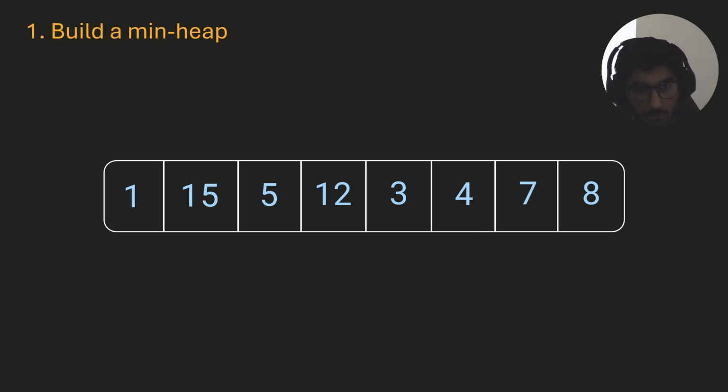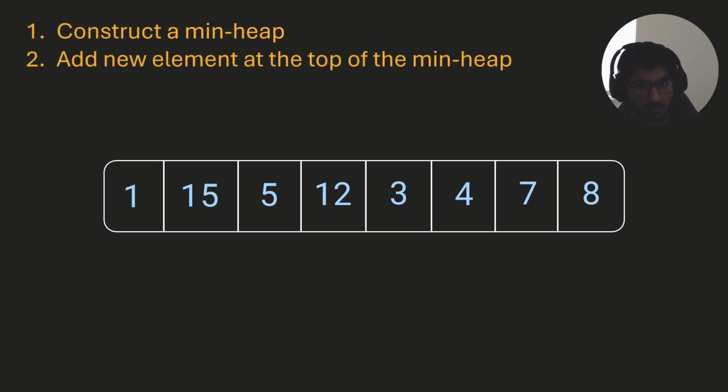For example, maybe position if we're doing some pathfinding algorithm, or maybe some task if we're doing some circular buffer for a multi-threading environment. So how would I turn this array of elements into a priority queue? Well, the first thing is I will turn this array into a min heap, and then I will construct a min heap, and the way I will do it is such that I will construct it one element at a